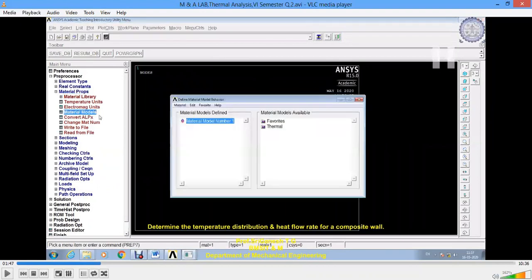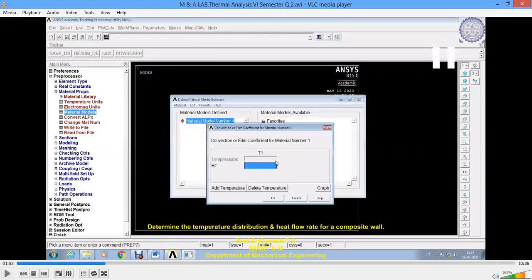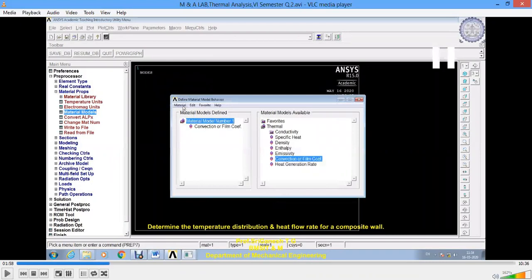Yes, in this window, we'll go to thermal onto the right side. First, we have convection. We'll define that. Okay, so convection heat. So what is the convection coefficient? We had an H1 value and an H2 value. First we'll give the H1 value, which was 6 watts per meter square Kelvin.